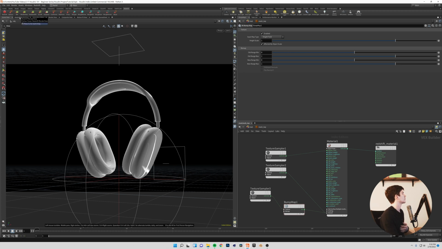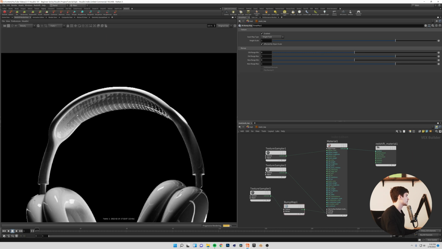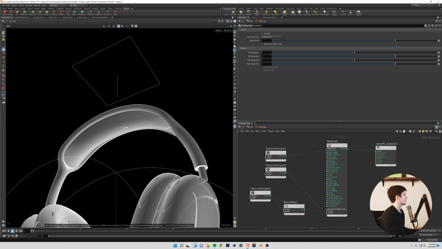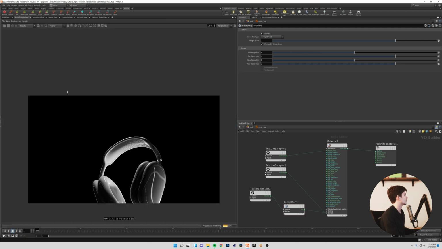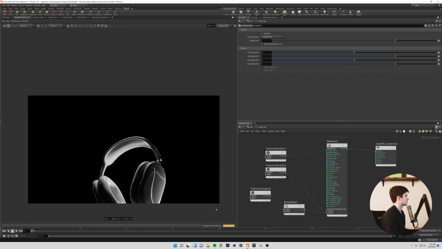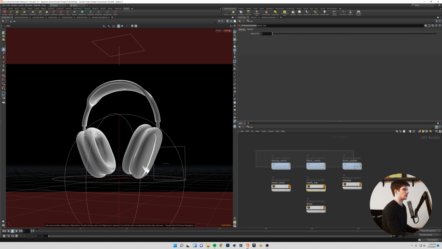And so now if I come over to my Redshift render view, you can see that our texture is showing up here. And there's probably going to be some fine tuning to do, but that is why we went ahead and assigned these materials so that we can go through and make adjustments accordingly. So now that we have everything set up, what we can do is go through all of these other materials that we made and set them up with our image textures, or do some texturing of our own,